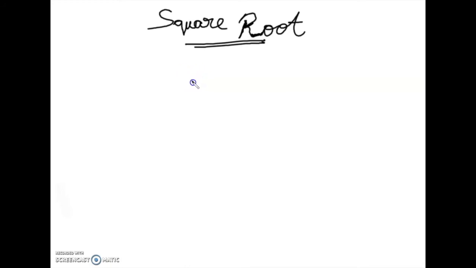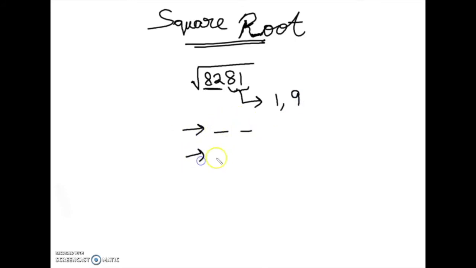Now let us find out the square root of a 4-digit number. The process is exactly the same, but we will have 4 digits. Let us find out the square root of 8281. Again, the last two numbers are going to be one part and the remaining numbers are going to be another part. 81 is ending with 1. What are the squares which end with 1? 1 square, which is 1, and 9 square, which is 81. As it is a 4-digit number, I am going to end up with a 2-digit square root, and the ones place is going to be either 1 or 9.